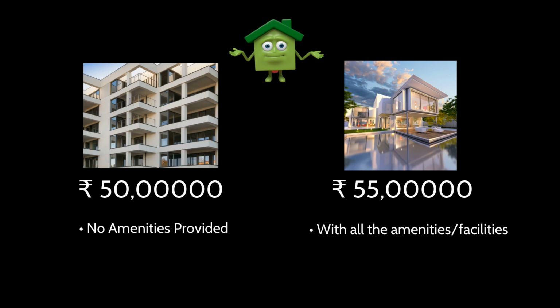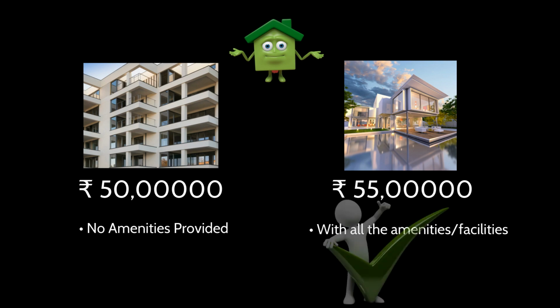So what will you usually check? Will you try to take the house which has the lower price, that is 50 lakhs, or are you okay to pay 55 lakhs and get all the amenities? In my choice it will be the house with 55 lakhs because you are getting a lot of amenities along with the house. So this 5 lakhs extra will be valuable to me. That's what P by E is indirectly. That is the valuation you are ready to give to a share if you are ready to get some profits out of it. Basically, how much premium you are ready to pay for getting a stock.